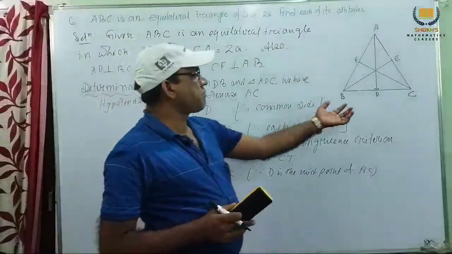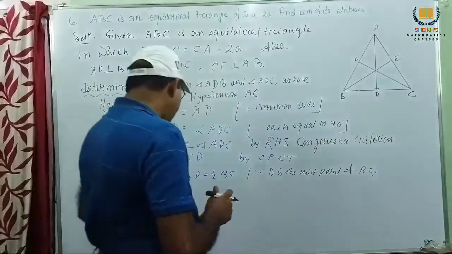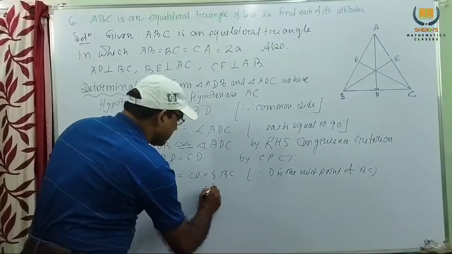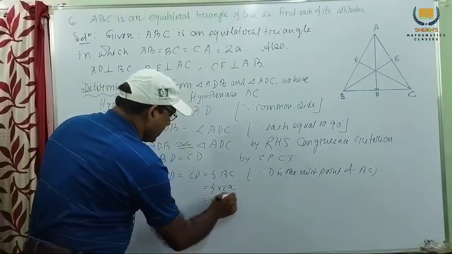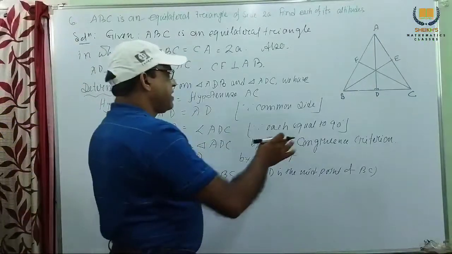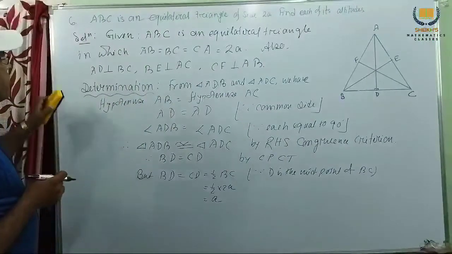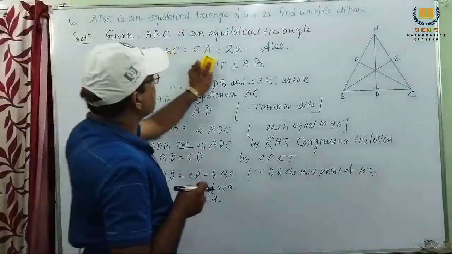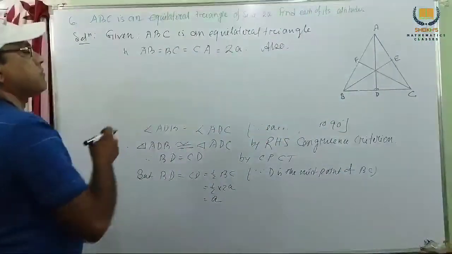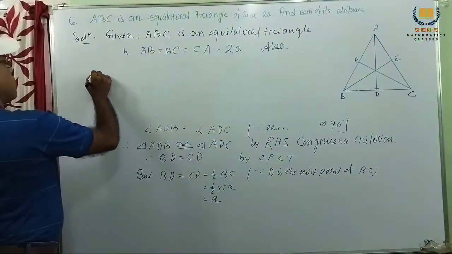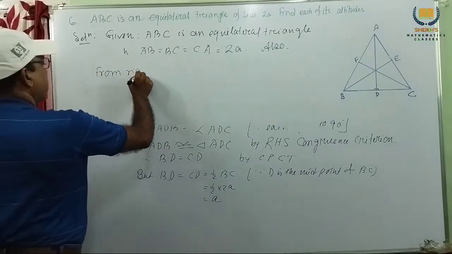So if D is the midpoint of BC, then BD equal to half of BC, CD equal to half of BC, and BC means 2a, so this will be a. So we get BD equal to a. Now actually our requirement is the altitude, from right triangle